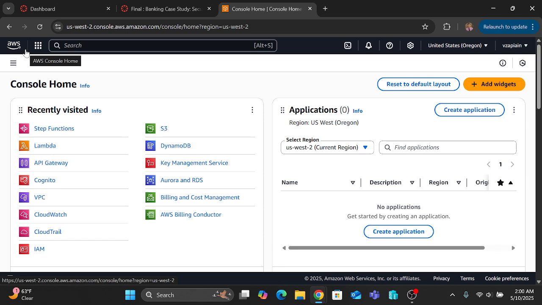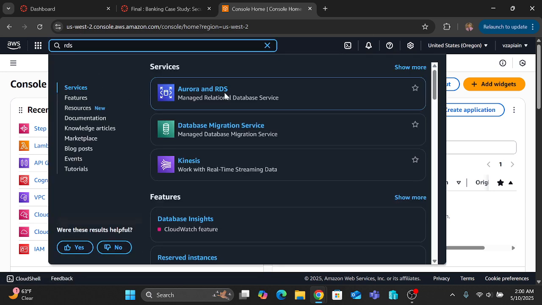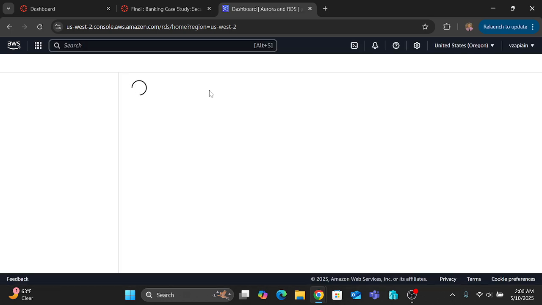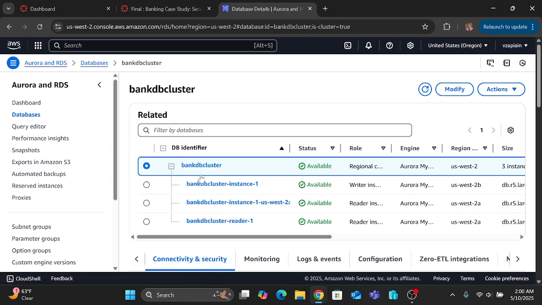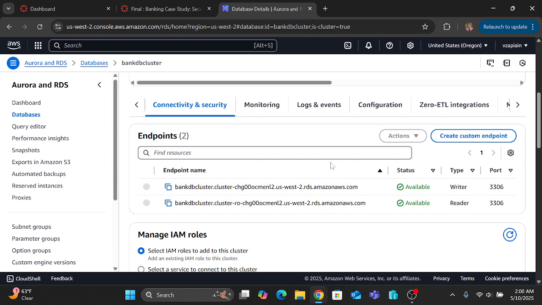Now for RDS and DynamoDB, structured data is stored in an Aurora MySQL database. I used private subnets, enabled encryption using a KMS key, and added a read replica for high availability. I also created a DynamoDB table called customer transactions for fast NoSQL writes. So I will show you that right now. In RDS, I created a cluster called BankDB cluster, which is this one right here. Here are the endpoints,